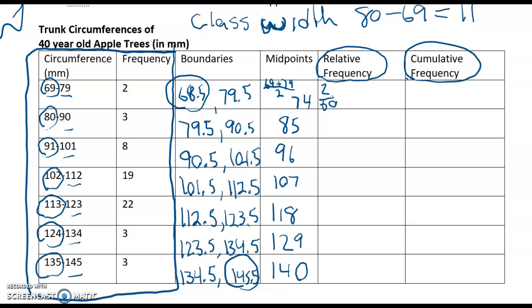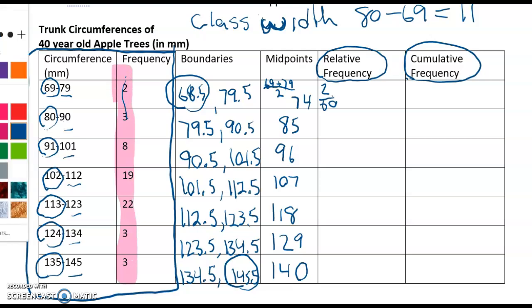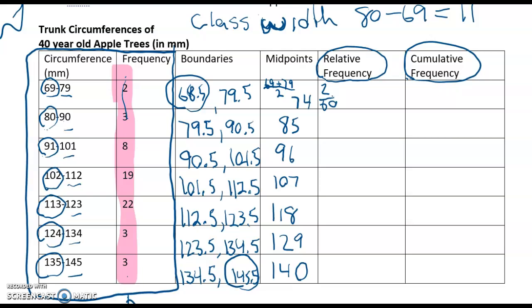So we've taken the frequency distribution, we've identified the boundaries and midpoints, and now you were asked to find the relative frequency. To find the relative frequency, we add up all of the given frequencies, which I'm highlighting in pink right here, and the total is going to be 60. You'll see that 60 is the total of all those frequencies. So for the relative frequency, we're going to take each of our individual class frequencies and divide them by 60. So first we'll have 2 divided by 60